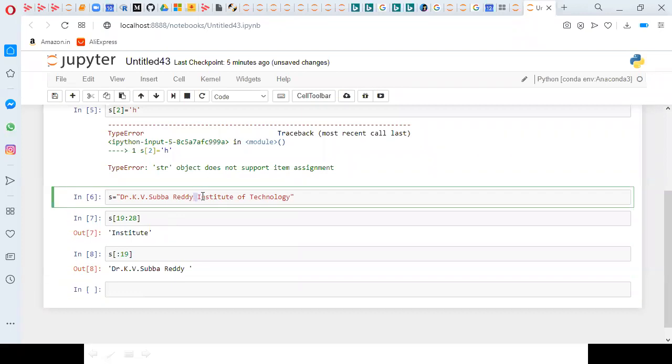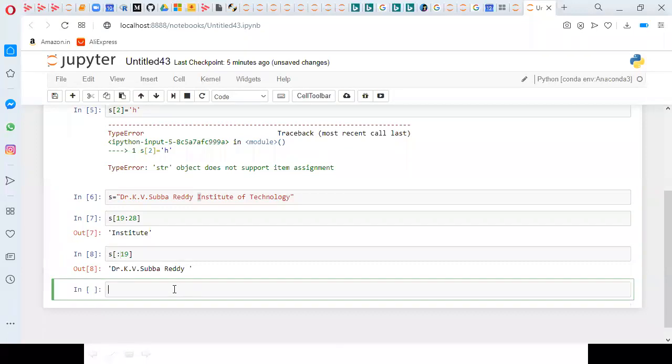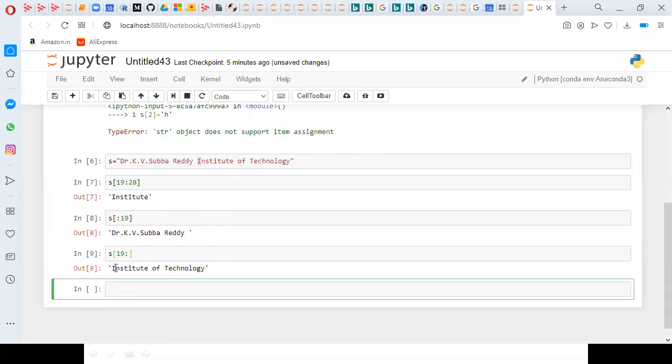Why? Because 19 comes from I, so it excludes 19. By default the starting index is 0. And stop is also optional. If I mention s from 19 colon, without stop and step, I got Institute of Technology.